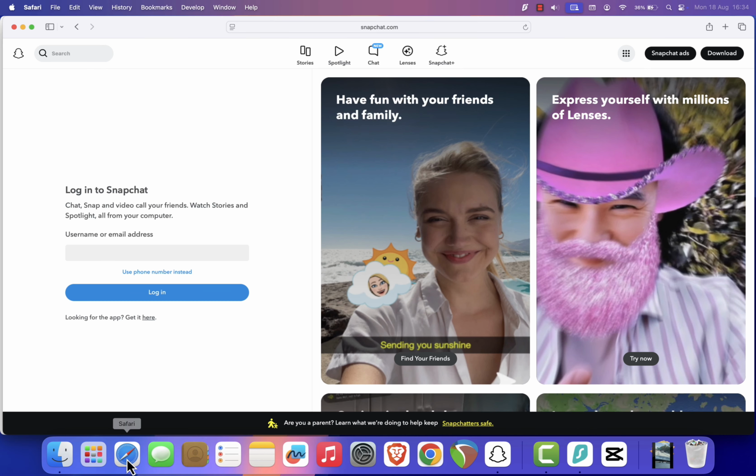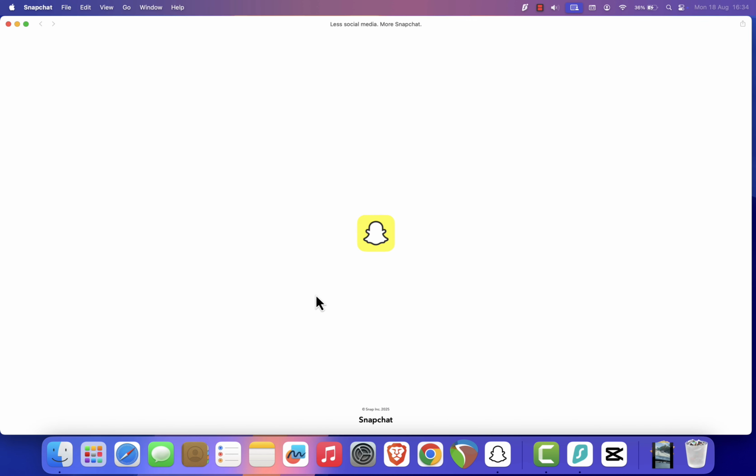And that's it. You've basically turned Snapchat into an app on your Mac. It's quick, easy, and